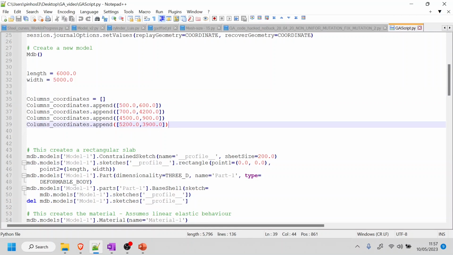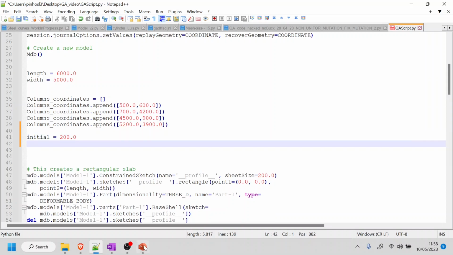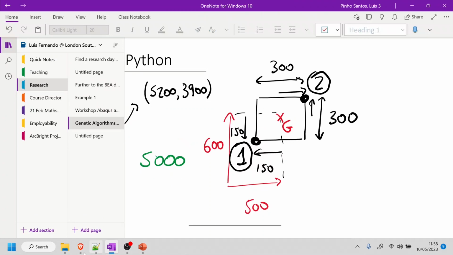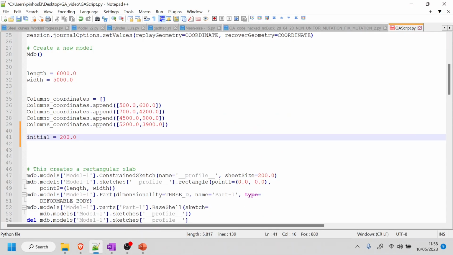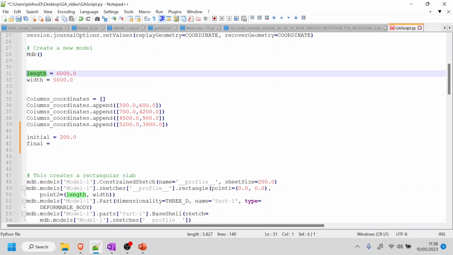And let's say I want for all of them my initial to be, let's say, 200. And the reason why I'm choosing 200, if you remember, I gave the dimensions of the column to be 300 by 300. So if I start at 200, I guarantee this is inside the domain of the slab. So it's a little bit of a hack, but it's much easier just to do it this way than figuring out the errors that can come with Abaqus. So we're going to say that we want the initial to be 200, and we want the final to be either the length or the width, depending if it's x or y,